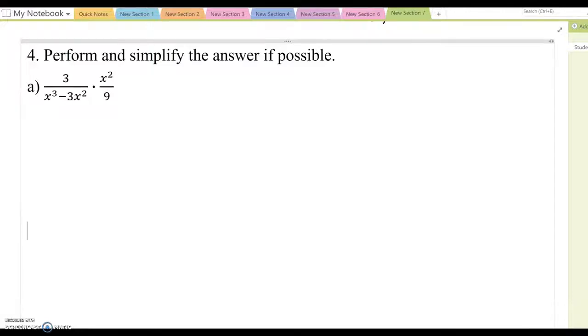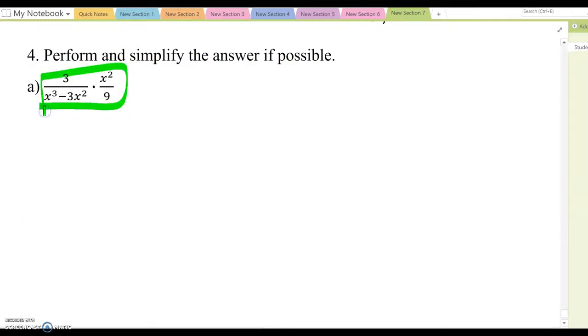Number 4, perform and simplify the answer if possible. So look at A first. In this case, you need the factoring if it is available. So if you do it, then this becomes 3 over x squared and then x minus 3 times x squared